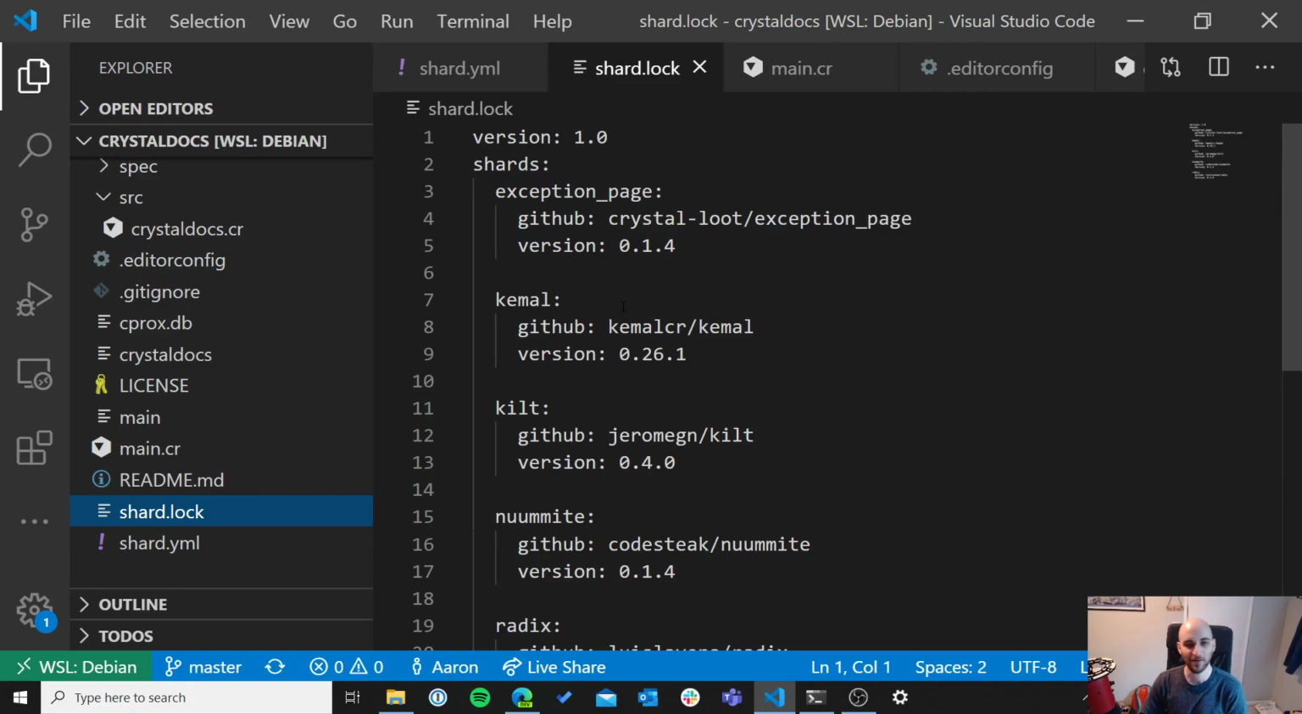I found out about Crystal a while back. I think I found it on Reddit. I want to say Reddit, but it was a long time ago. I got interested in using it